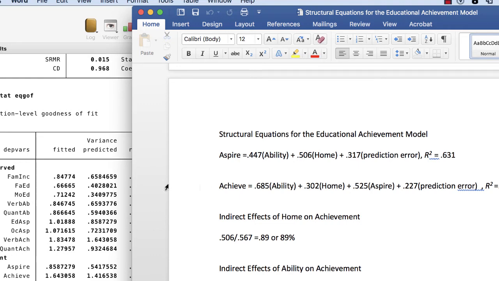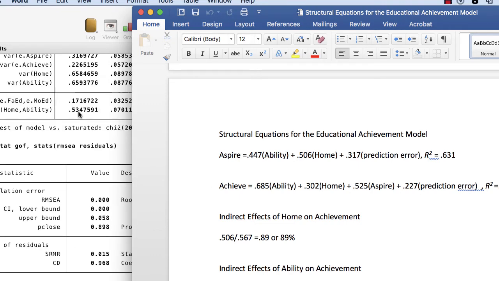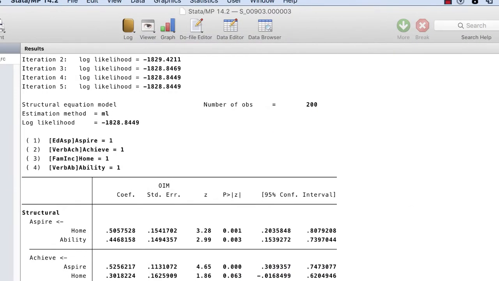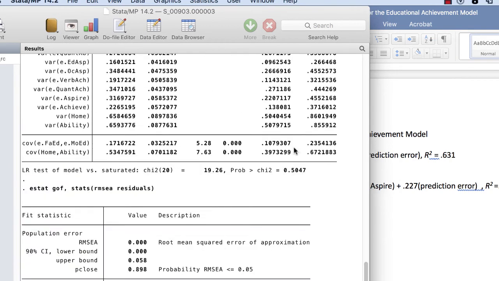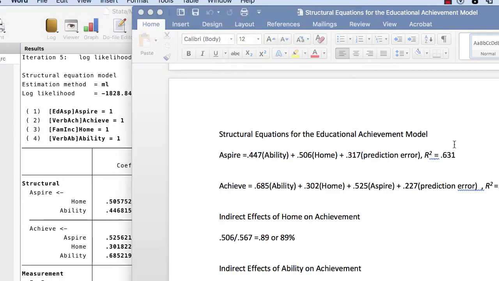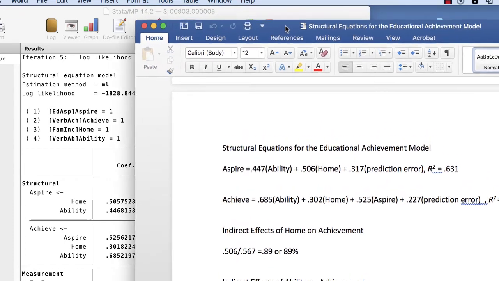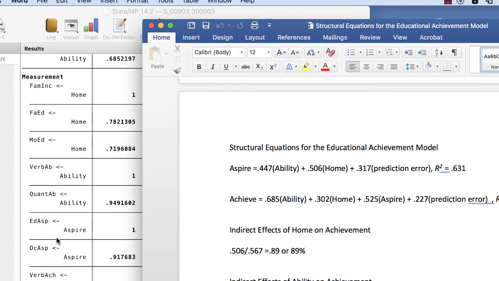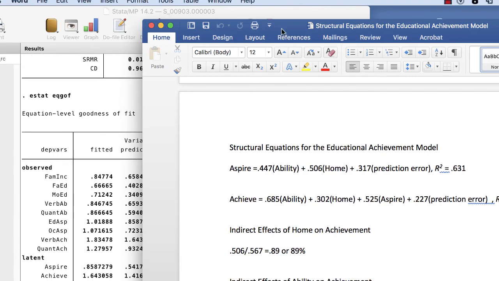And this is the other structural equation, looking at the structural equation for predicting achieve. Where do I get those coefficients? Let me just toggle up here. I get those coefficients from this portion of the output. You can see that the structural equation for achieve is 0.685 times ability, 0.302 times home, and 0.525 times aspire. And then the prediction error comes from the